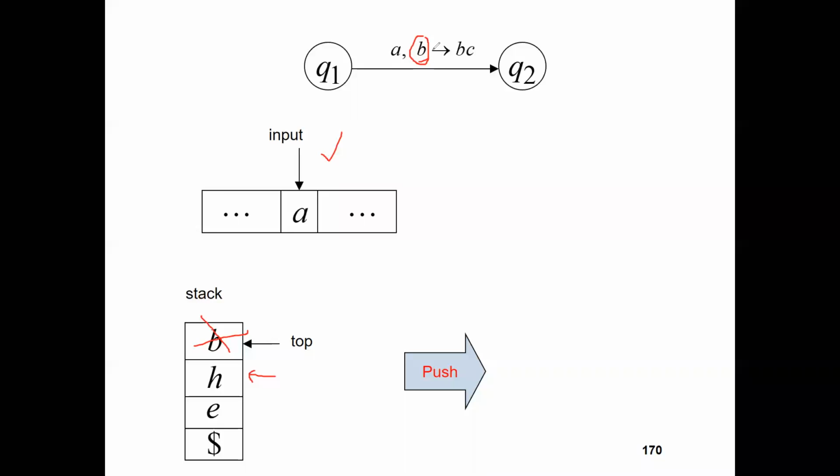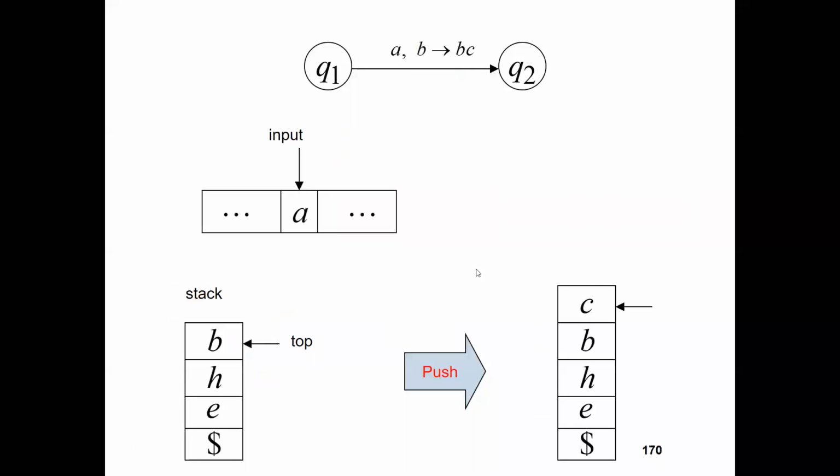And after the execution, or after the transition, you are pushing BC here. It means BC can be pushed here, that is B and C. Two elements are pushed here. So top will point to this one. Clear? Because we are pushing two elements. So you can see the execution in that format. You can easily see the top will point to this C because you are pushing BC.